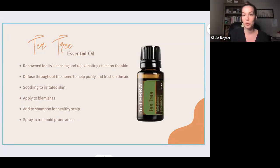You can add it to shampoo for a healthy scalp. If you've got a dry, flaky, dandruffy scalp, tea tree is a great one to add to that. And you can use it right out of the bottle for blemishes or irritated skin as well. I like it combined with lavender because lavender has such soothing properties, and tea tree has this antiseptic